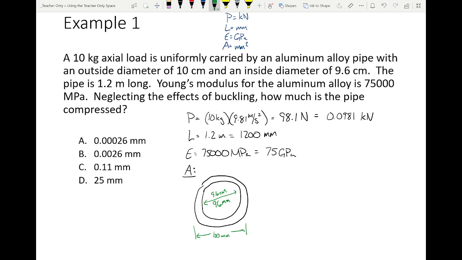Now we have a pipe. How do I compute the area of a pipe? Well, we're talking about this shaded region right here. So how do I compute the area of that shaded region? I take the area of the big circle and I subtract from that the area of the small circle. So in this case, area is pi over 4, we'll call it the outer diameter squared, minus pi over 4 times the inner diameter squared. Or if you want to save yourself some time,